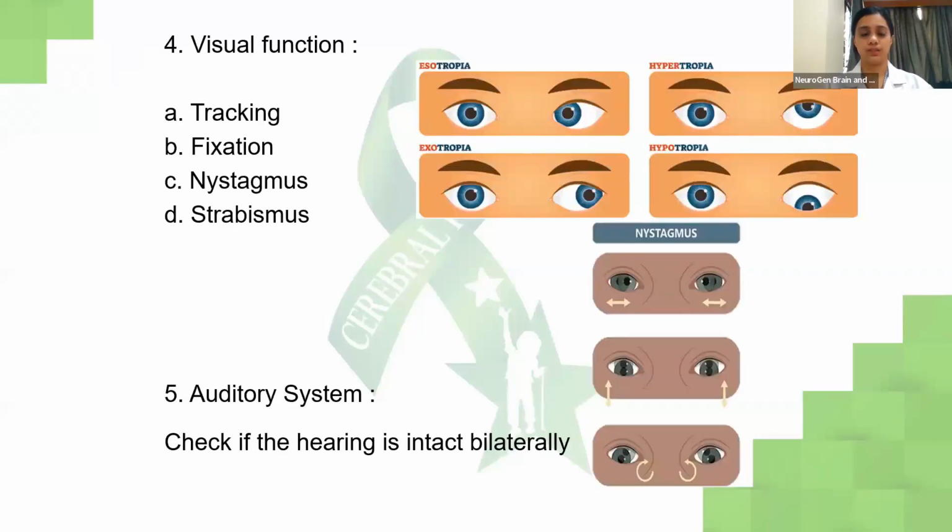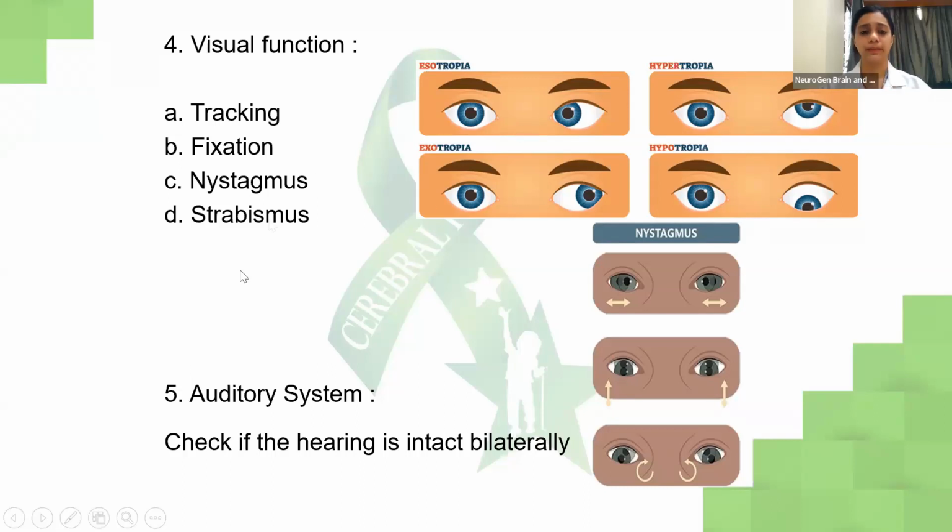Then visual function. We have to assess if the child is tracking a light. If the child is able to track any light, for example red light, yellow light, or green light, which is good for the vision, and fixates on any object. If you show him some object, or if you are in front of him and he is trying to fixate his eyeball on you, that is what fixation is. Nystagmus: if you see horizontal, vertical or torsional nystagmus, it needs to be observed by a therapist in the child. Strabismus,